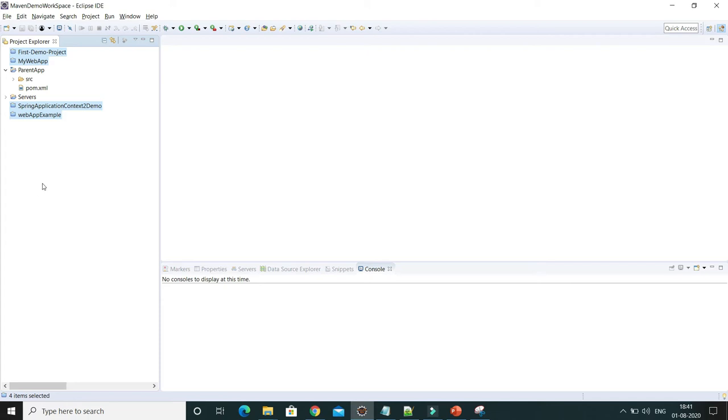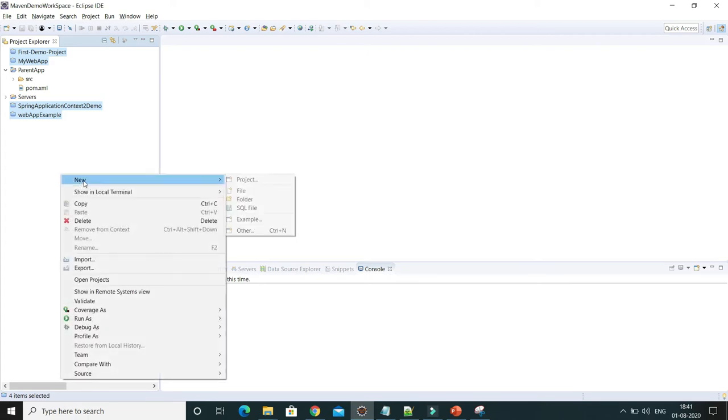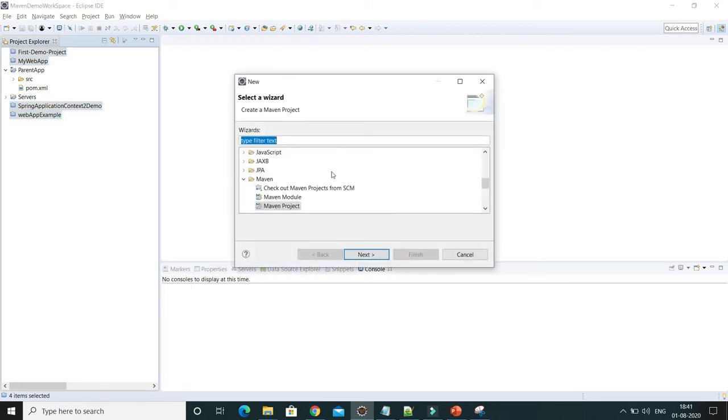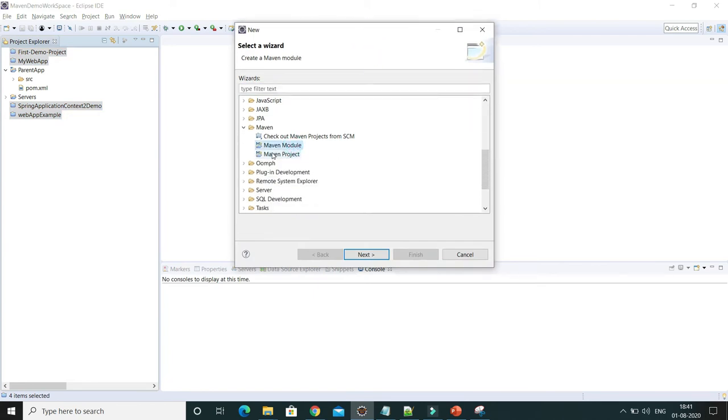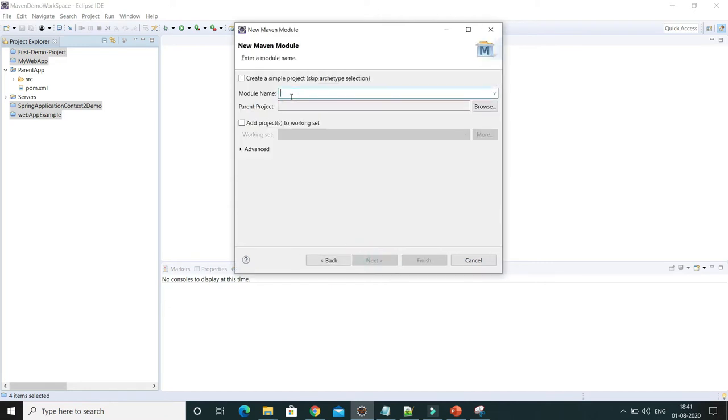Now I'm going to create a child project. So right click again, go to New, Other, and this time I'm going to select the second option, Maven Module, and click on Next. Here you have to provide the module name, so I would say web-app. I'm not selecting the simple project option, since I want to create a web application. And for the parent project you have to browse.